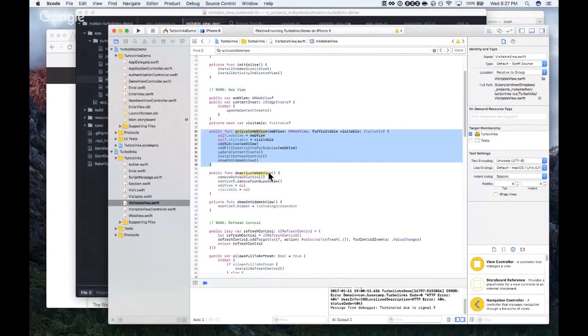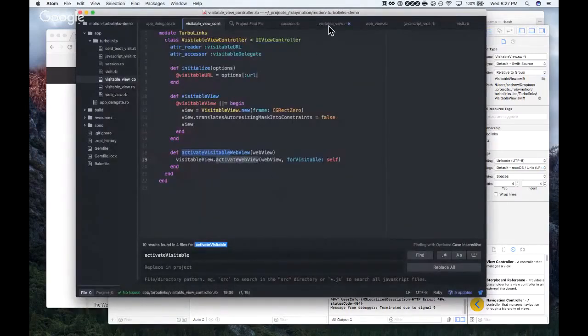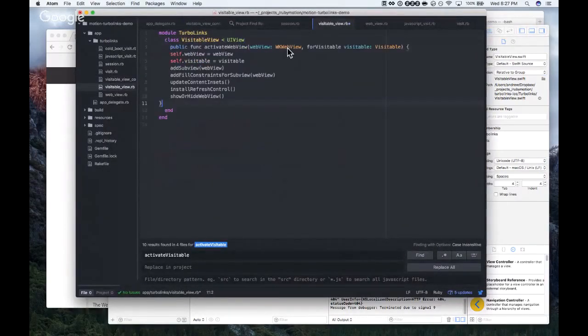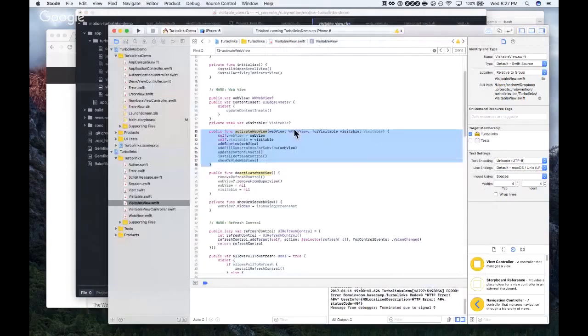See, there's an instance in that method signature of the dual naming. So you see for visitable and visitable colon. For visitable is the external name, visitable is the internal name. So you can have a more fluent interface. You have the name that the variable uses on the outside, and then the name that the variable uses on the inside of the method.